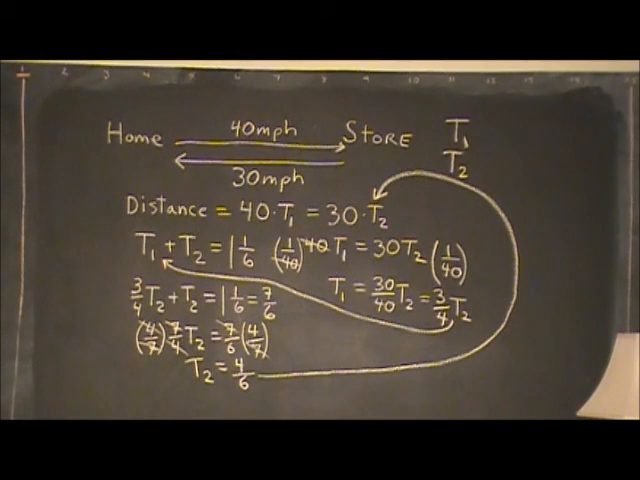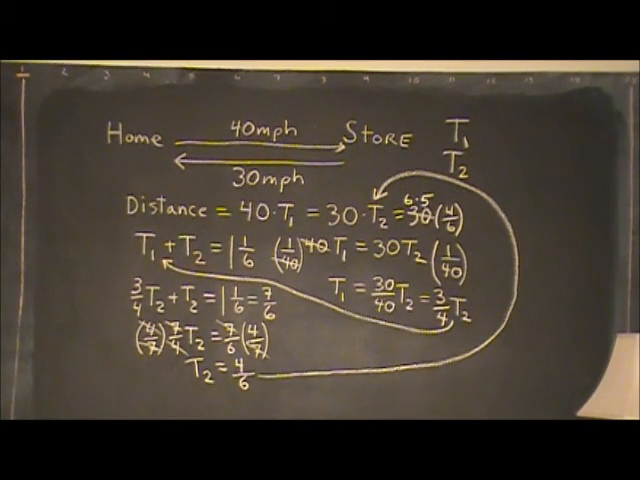Since we were asked for the distance traveled to the store, we can simply take this value for t2 and plug it into the distance equation above, which shows that the distance traveled to the store, or from the store home, which is the same distance, is equal to 30 times t2, which is equal to 30 times 4/6,